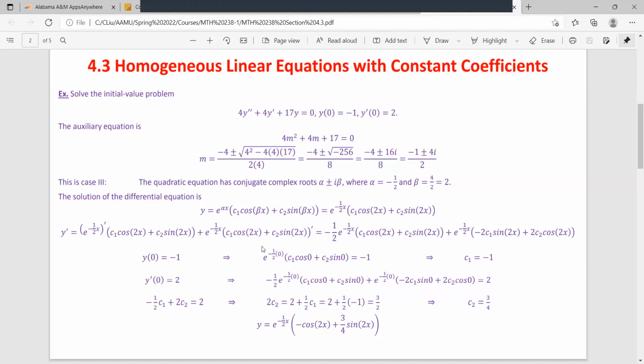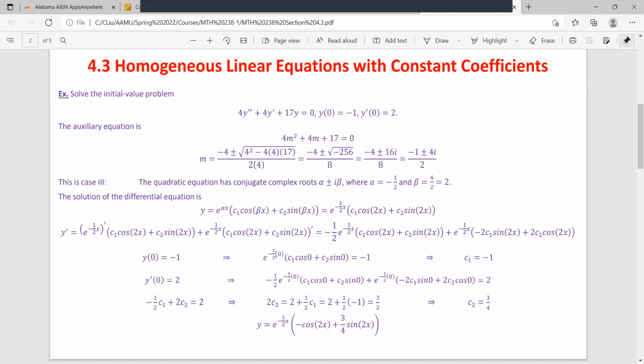And if you take the derivative of cosine 2x, you get the negative sine 2x times the derivative of 2x, which is 2. So the first term of the second part becomes negative 2 c1 sine 2x. So again, that's the chain rule. And similarly, when you take the derivative of sine 2x, you get a cosine 2x multiplied by the derivative of 2x, which is 2. So that's 2 c2 cosine 2x. Again, that's the chain rule. So now we can plug in 0 for x and try to solve for c1, c2